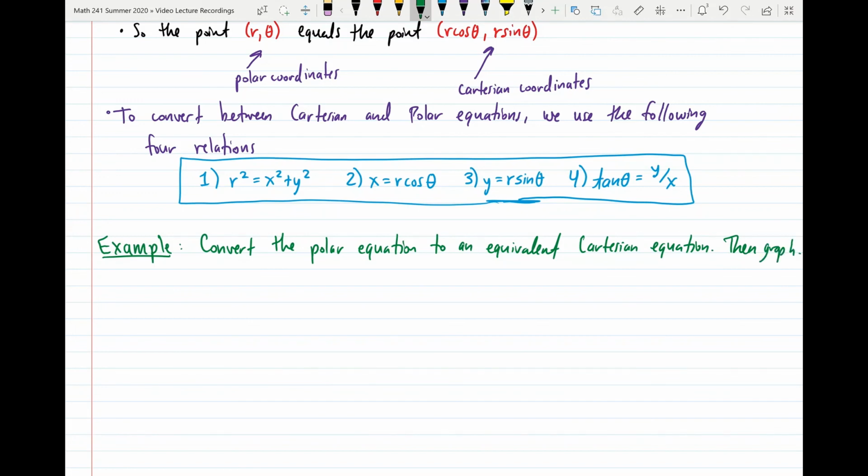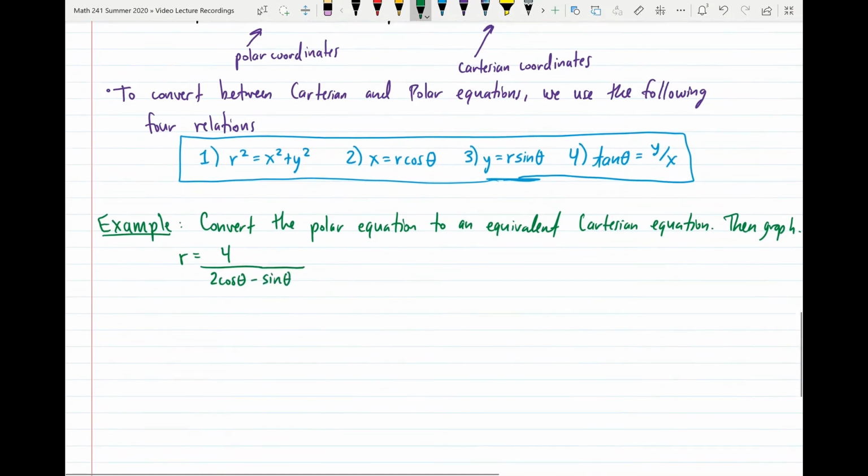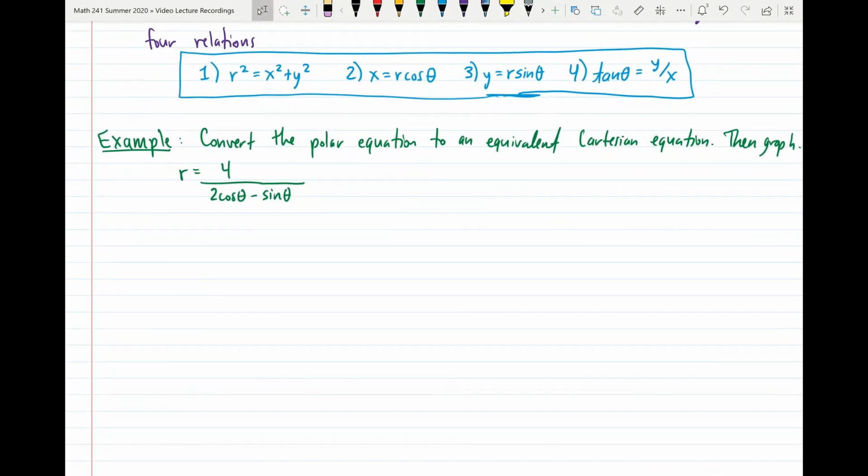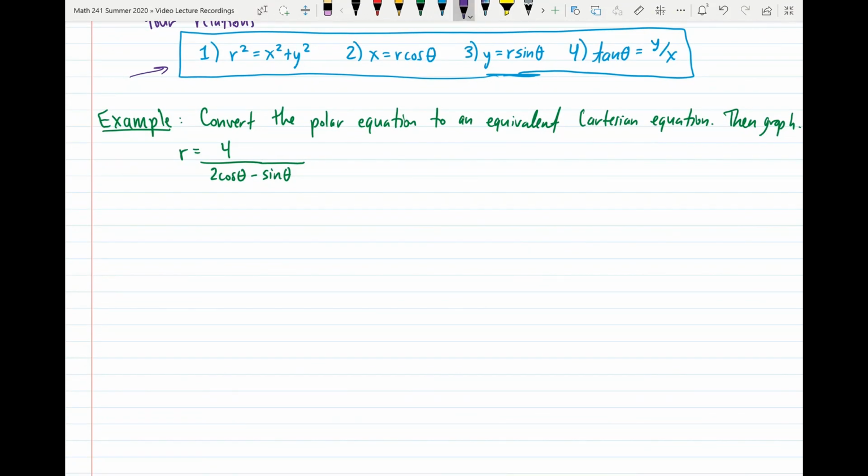And the polar equation that we're given is r is equal to 4 divided by 2 cosine theta minus sine theta. So to convert this polar equation to an equivalent Cartesian equation, we're going to use the relations that I've written up here. So the first thing to do is